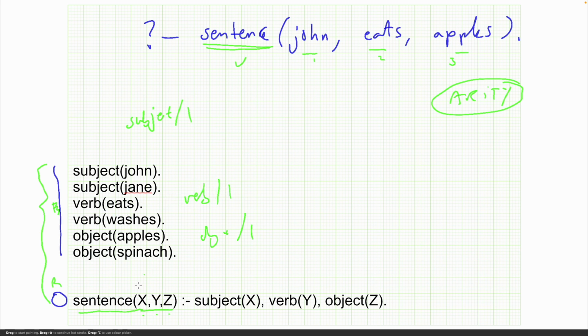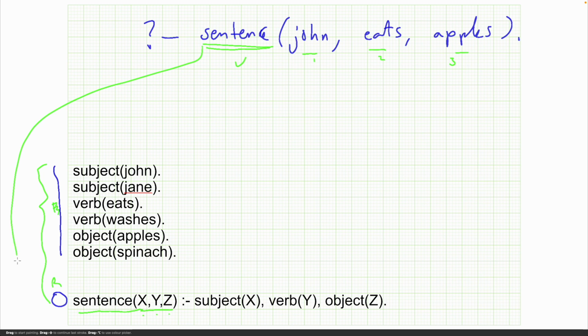So verb/1, and sentence is sentence/3. So sentence has an arity of 3. It takes 3 bits of information. Any more or any less would not mean there's a match. Right, so this matches this rule, and in order to prove the head of the rule, we need to prove